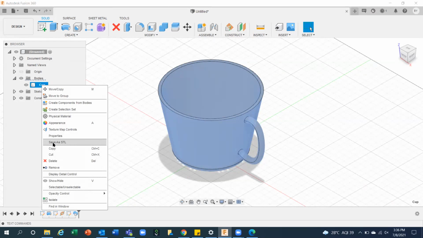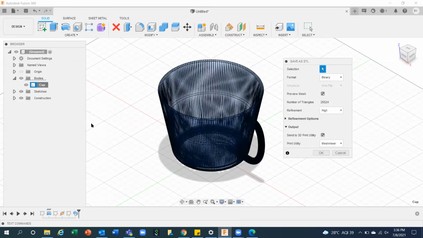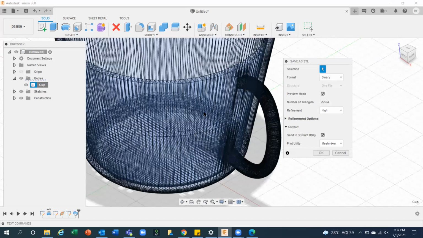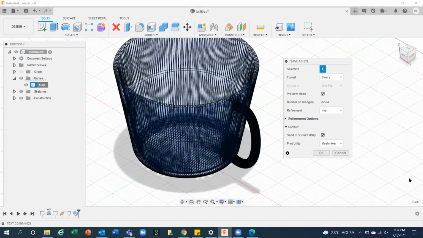This is the second step. First, I have created a CAD file. Then I need to take the STL format. So I'm going to take STL. And the moment I click on STL, you can see this entire triangular shapes coming. Anyways, I'm not going to send it to 3D utility. I'm simply going to save it. You can see refinement.